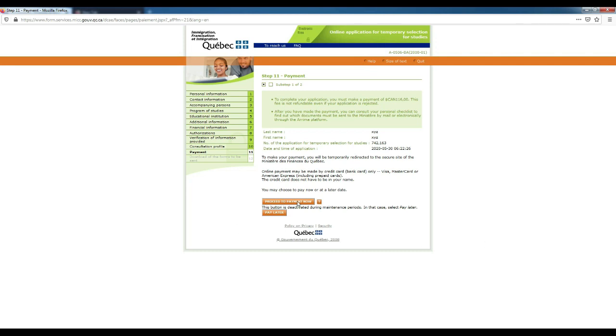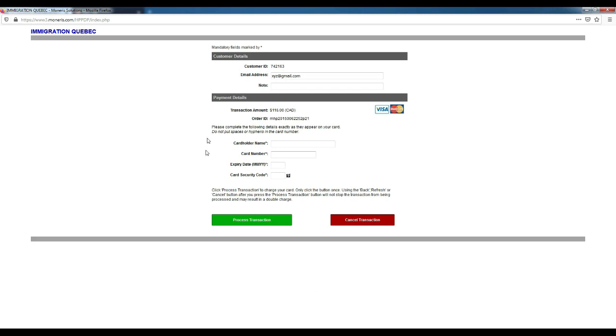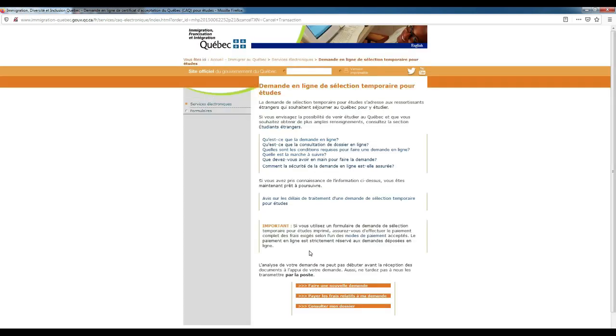So now you have to make the payment. Click on make the payment. This is a dummy profile, so I have not made the payment. This was just a tutorial. So here you have to mention your credit card details. International credit card is mandatory. It should be either Visa card or Maestro.